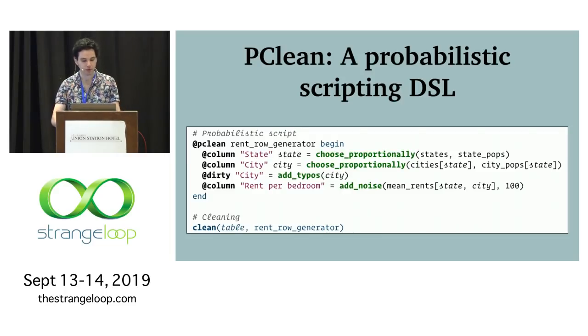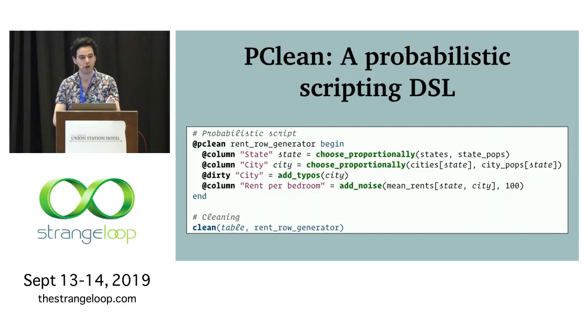Once we've written this script, we can run clean, and it will apply Bayes' rule for us, happily cleaning our data set. No messy heuristics needed. It will incorporate all the possible factors in making a decision. It's going to incorporate the edit distance between the typed city and the real city, because we have that add_typos in there. It's going to incorporate the plausibility of the rent value given the city and state. And it will incorporate the populations of the cities under consideration. And we haven't told it how to do that. We haven't written control flow to do that.